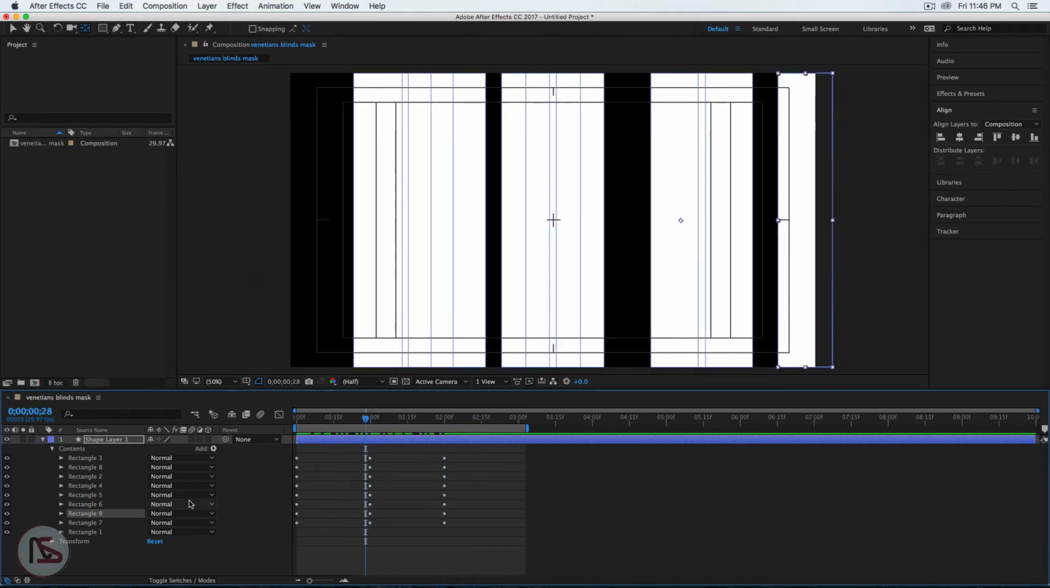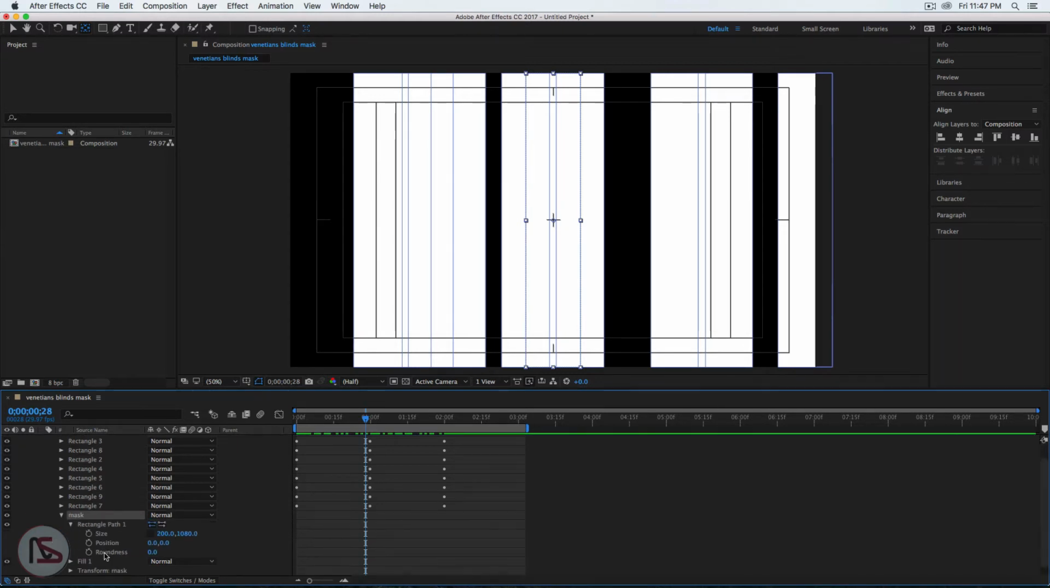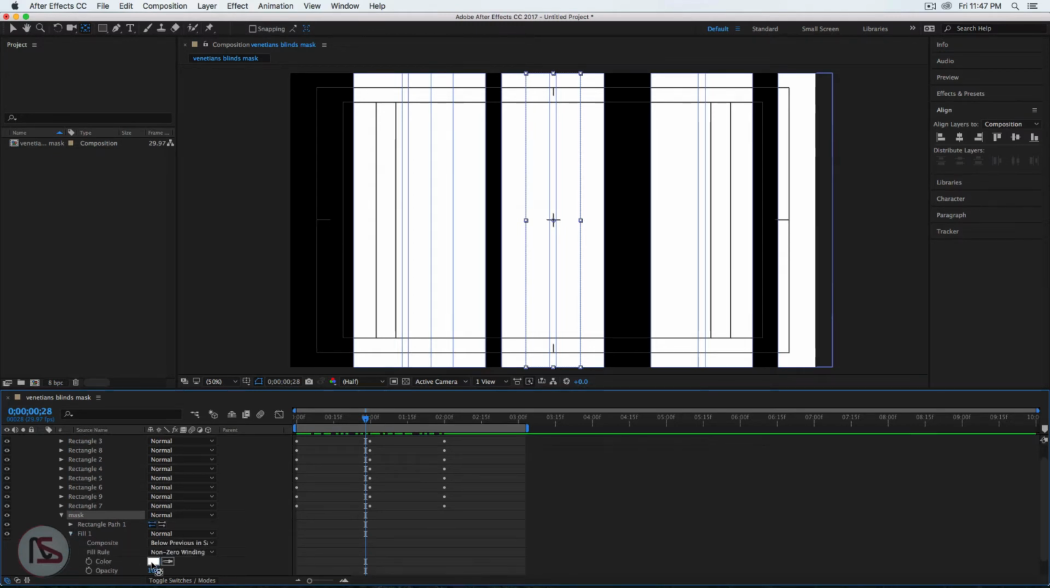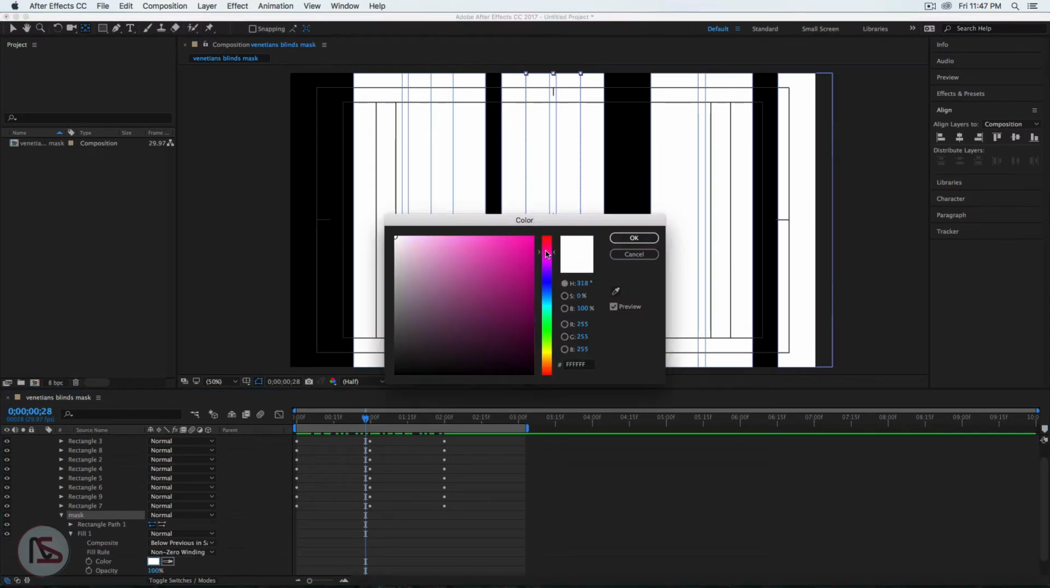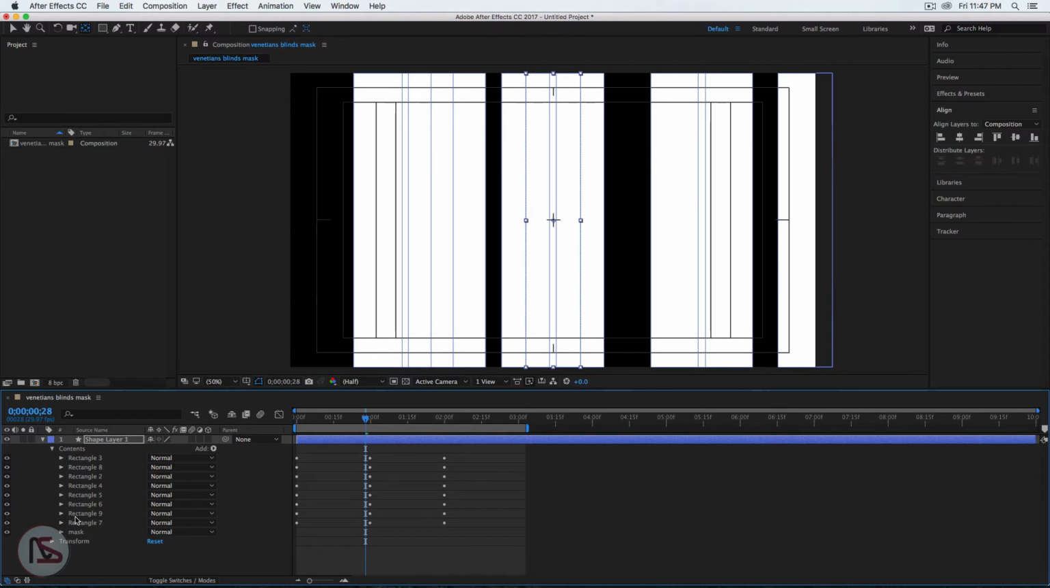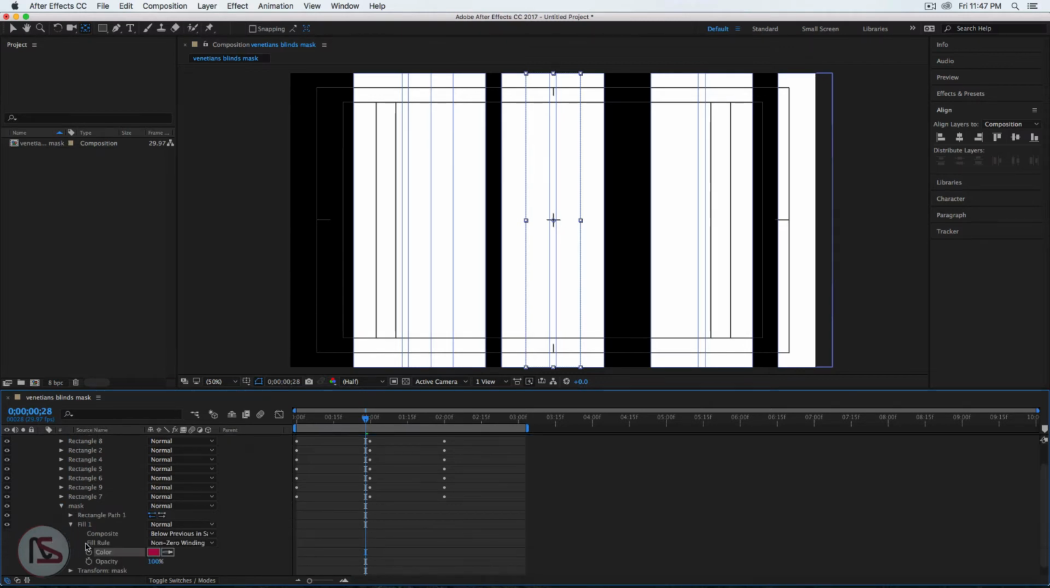Now what we're gonna do, remember we haven't animated this first rectangle yet, so let me hit enter on the keyboard and let me rename this mask. Let me just type mask, and what we're gonna do is maybe drop this down and close this. Let me change the color, maybe this color is fine. So let me click this and close this. I mean, actually, let me open this, and we need to go